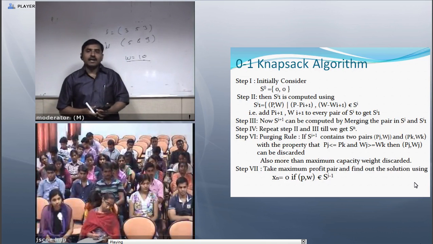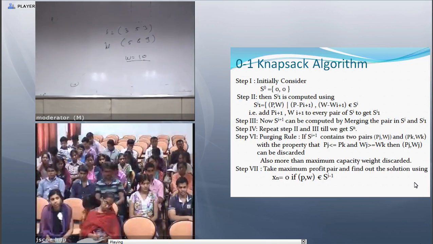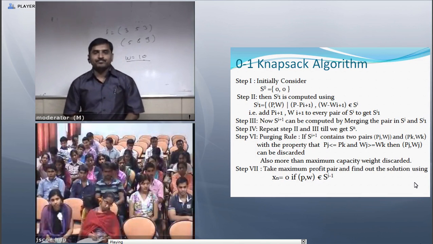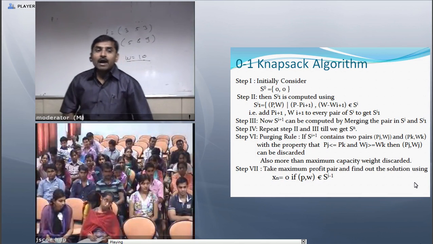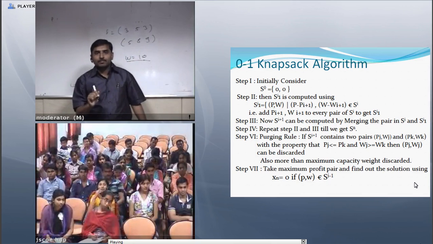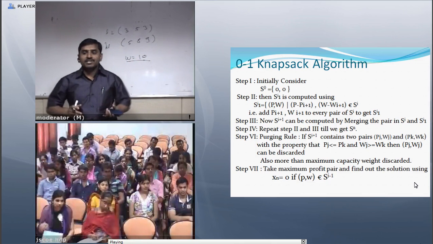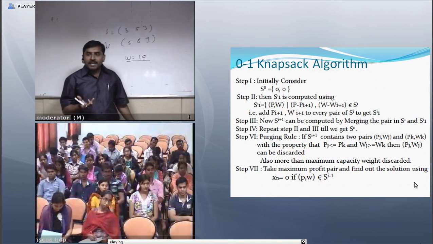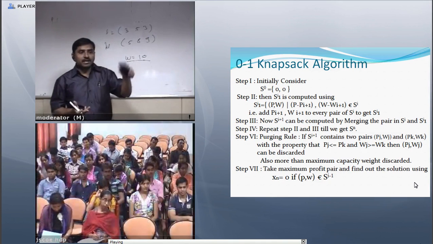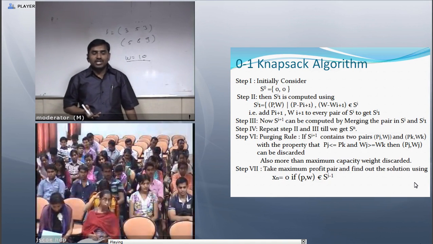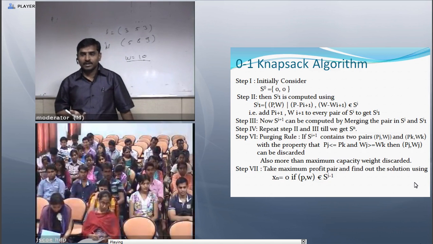Initially the knapsack is empty, and I want to pick up the maximum value. Which value will I take? Initially consider the knapsack empty, so I write S0 is (0, 0).